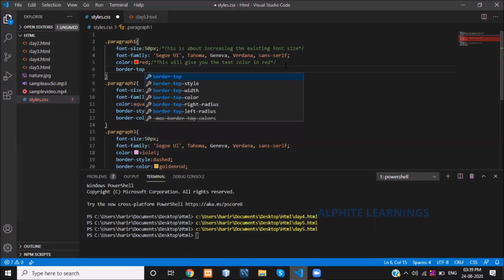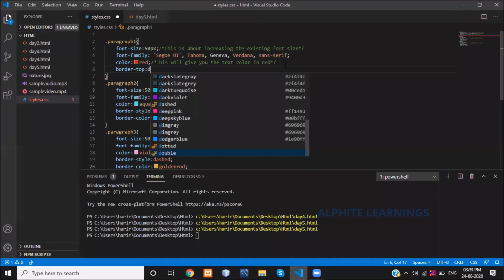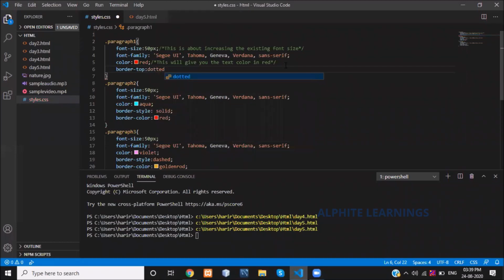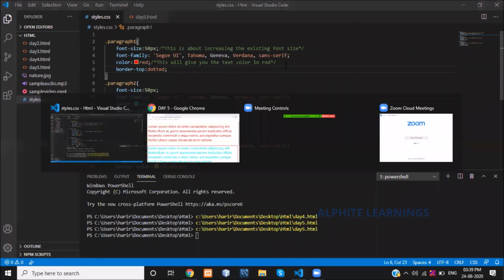I need it only at the top of my paragraph. Colon. What type of border do you want? For this, I'm giving dotted. What this does is give you the border only in the top portion of your paragraph with dotted. Let's see.